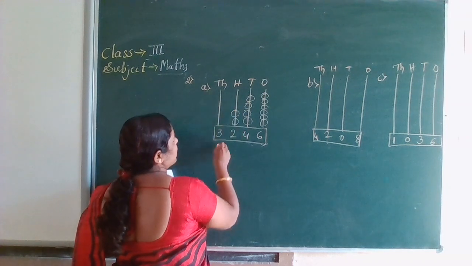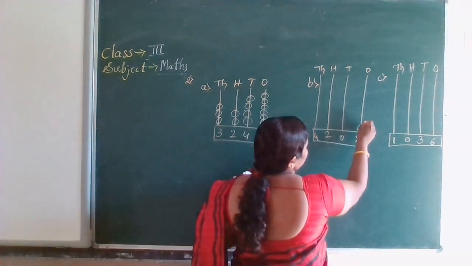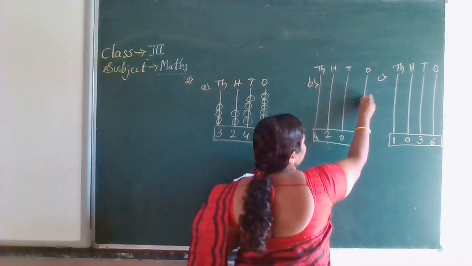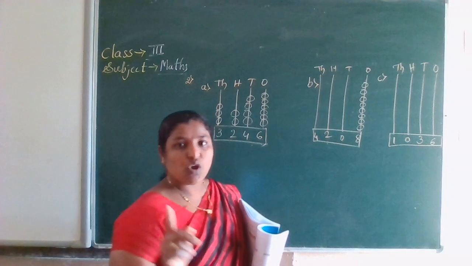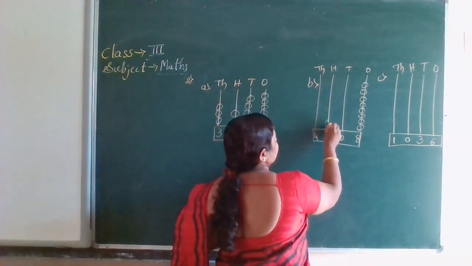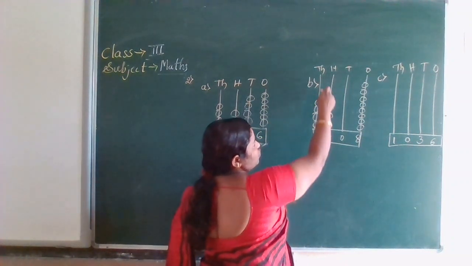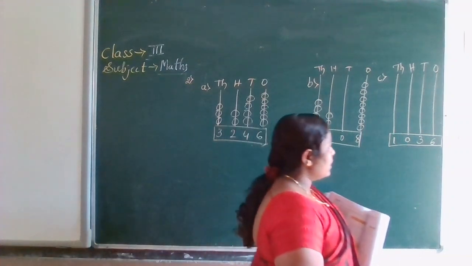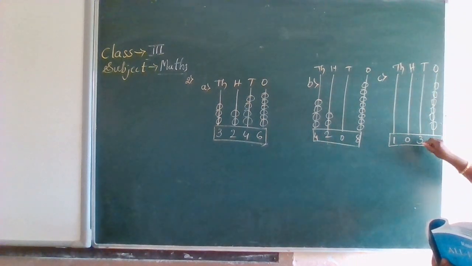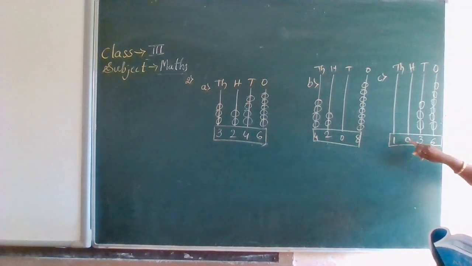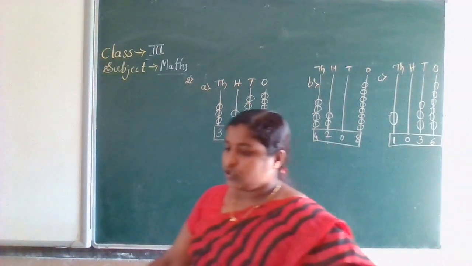2 hundreds and 3 thousands. Next, 8 ones. 1, 2, 3, 4, 5, 6, 7, 8. 0 tens, in the sense we should not draw any units on the tens place. Then 2 hundreds. 4 thousands. 4,208. Next, 6 ones. 1, 2, 3, 4, 5, 6. 3 tens. 1, 2, 3. 0 hundreds. 1 thousand. This is question number 2.